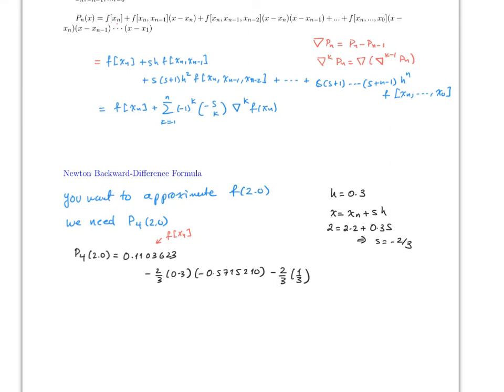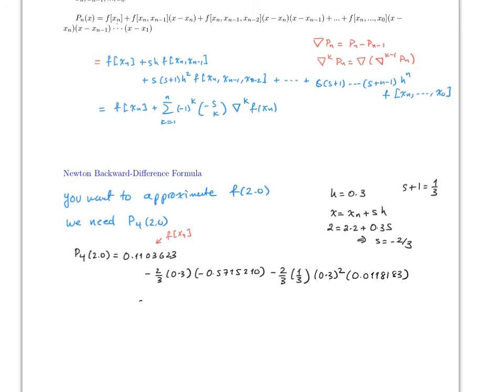Remember the value for s is negative 2/3, so therefore s plus 1 is going to give you 1/3, and then times 0.3 squared times the value from the table, which is 0.0118183,